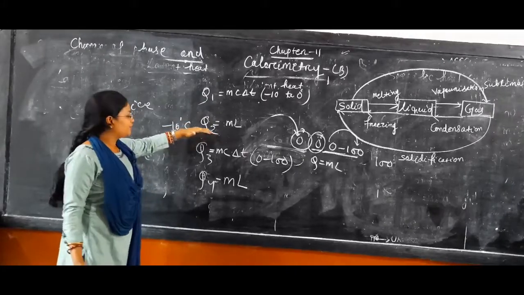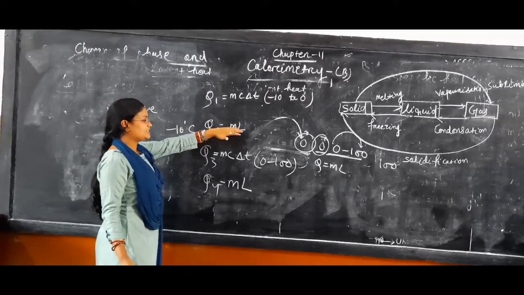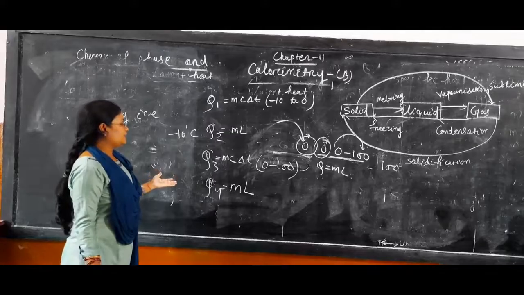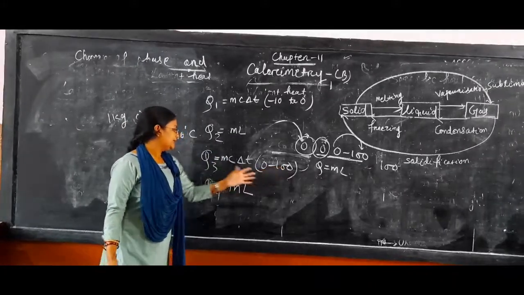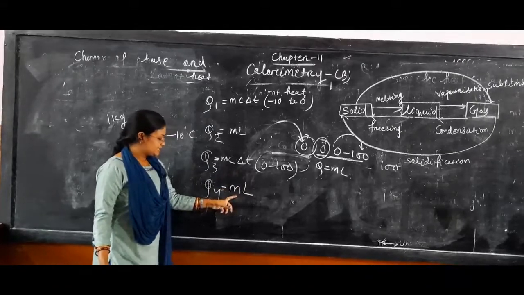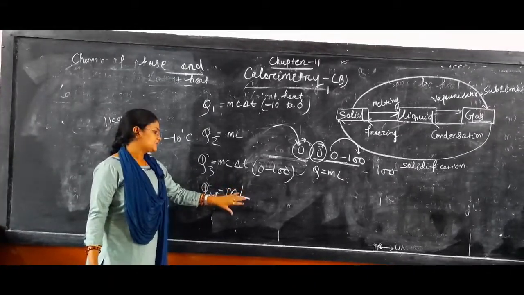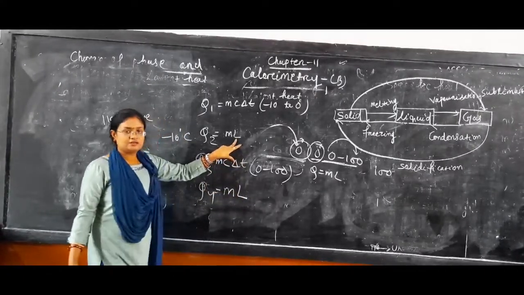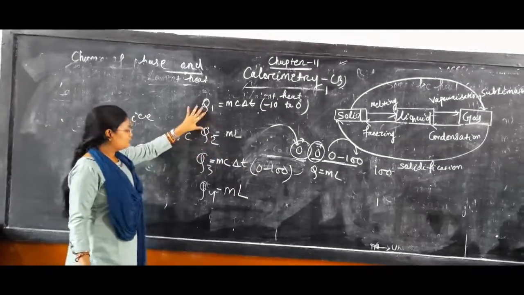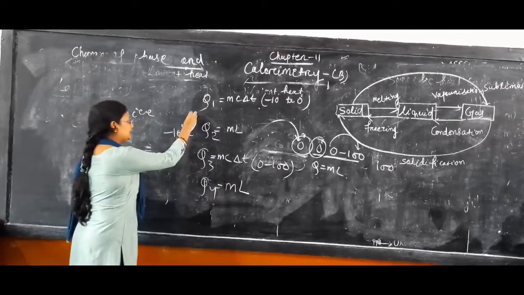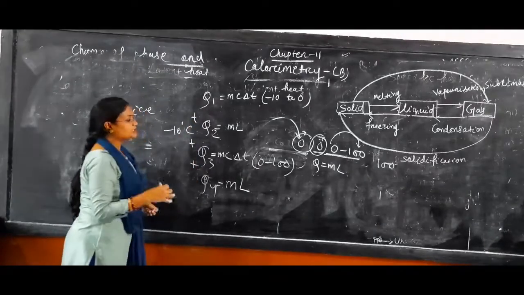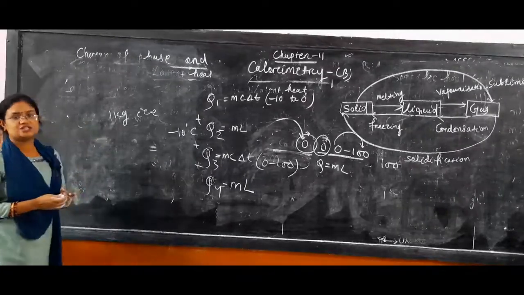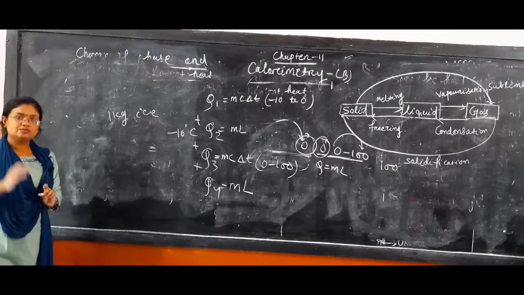So now you see, for Q1 I am just using the specific heat capacity formula. For the latent heat, when the phase change occurs at 0 degrees Celsius and the ice melts, that's why I use the formula m into L. After melting all the ice, its temperature will increase from 0 to 100, that is mc delta T, and at 100 degrees Celsius all the water will vaporize. So you should know the latent heat of vaporization of water and the latent heat of fusion of ice. After getting Q1, Q2, Q3, Q4, if you add these 4, you will get how much heat is needed to vaporize 1 kg of ice at minus 10 degrees Celsius to 100 degrees Celsius.